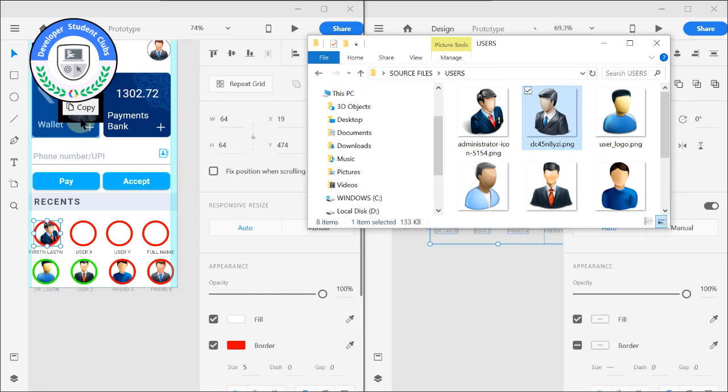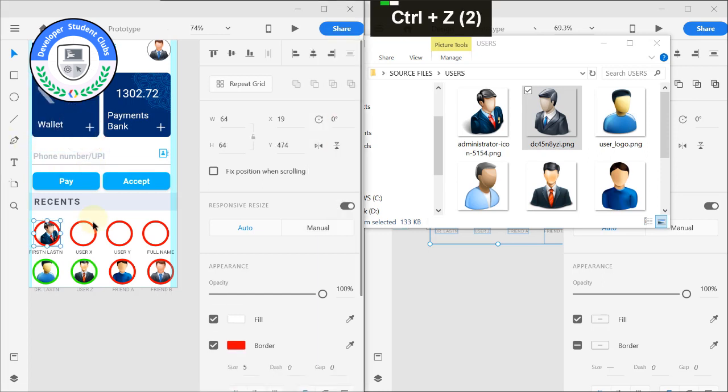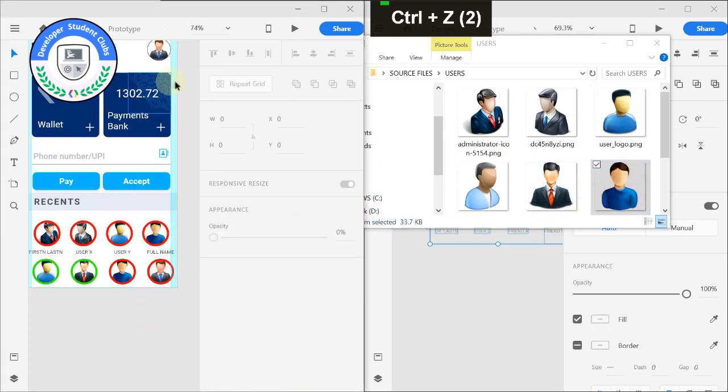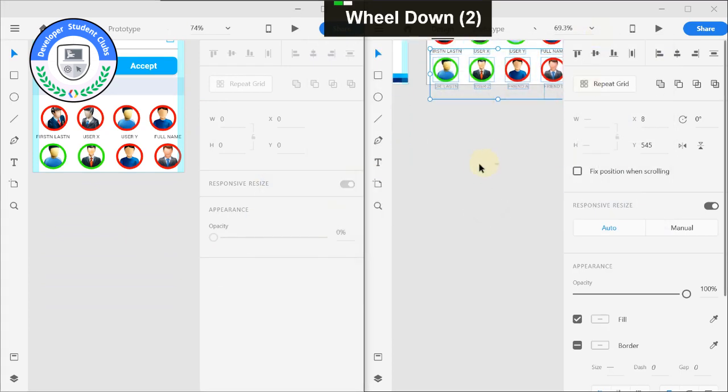If you hover it inside the rectangle, it will move it inside the rectangle or the square. So let's undo it, we don't need that. Let's do the same thing for your users. That is done. Likewise, we are going to,